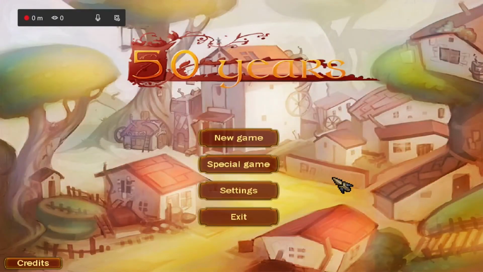Alright, hello everyone. Today I'm going to be doing a video on how to get 5,000 gamer score in the game 50 Years. This game actually has a stack with Windows 10 that is also going to be 5,000 gamer score. Currently, on the upload of this video, this Xbox version has only 4,000 and the Windows 10 version has